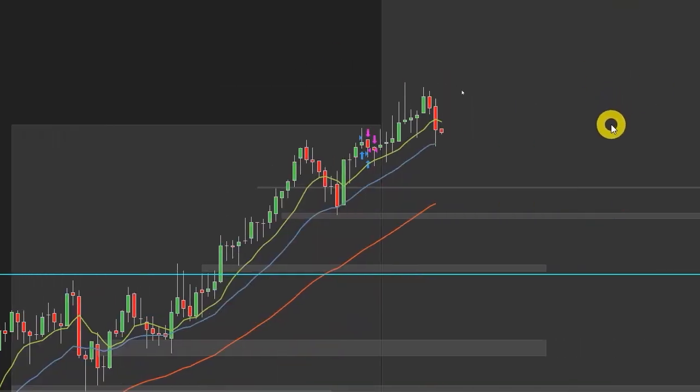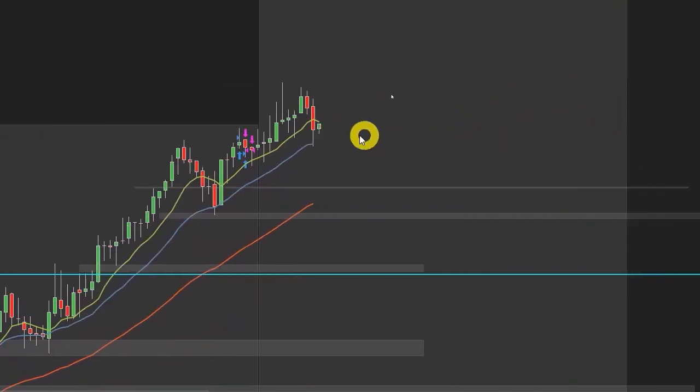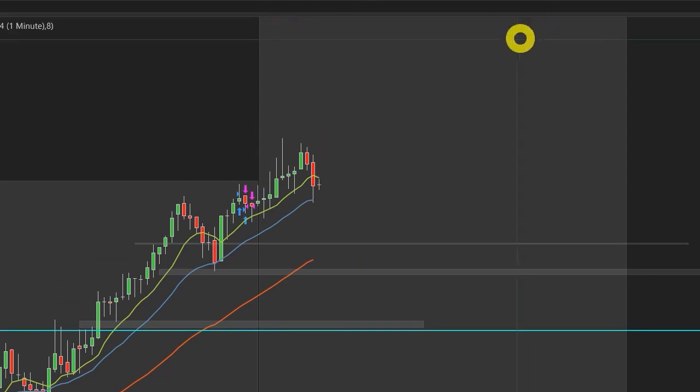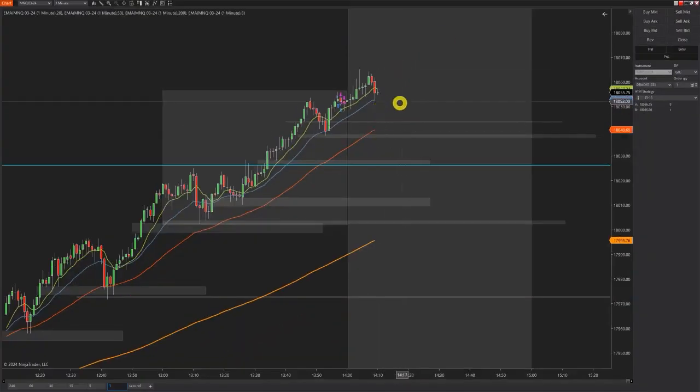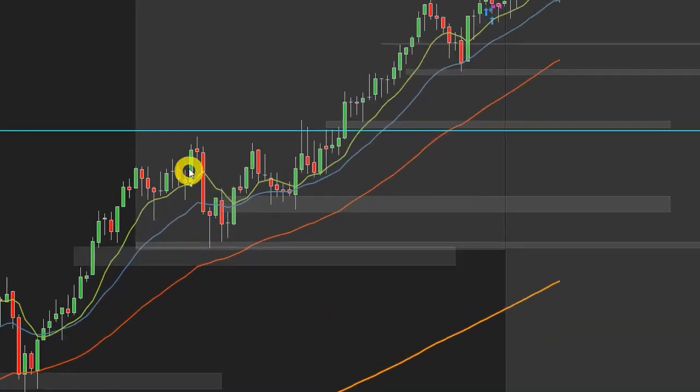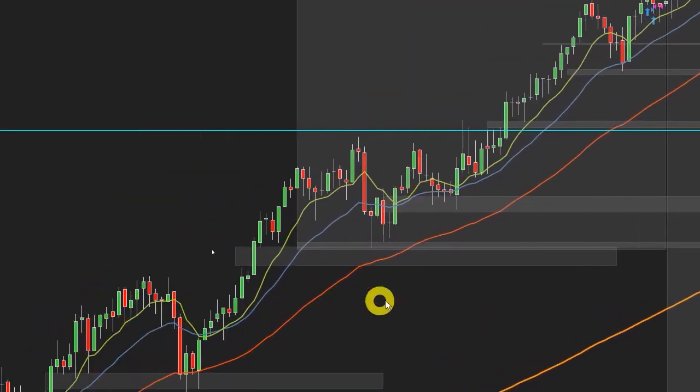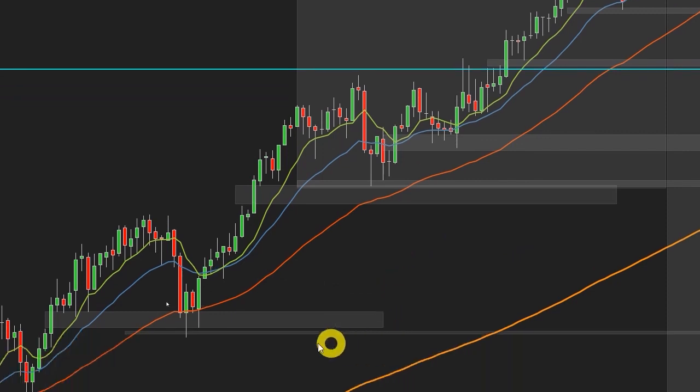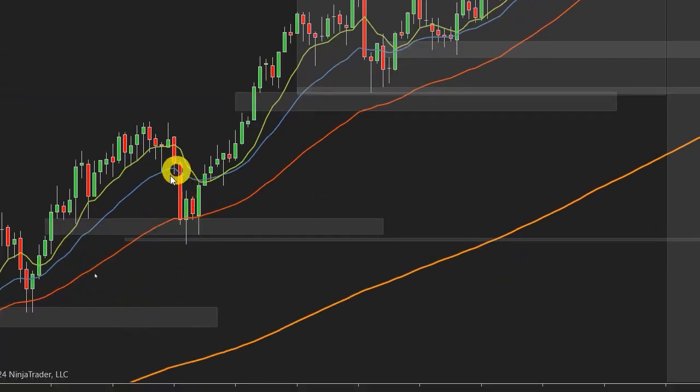But the real moment for any kind of trade like this would be right now in this block of time, 2 p.m. to 3 p.m. Eastern, New York City time. If we get this kind of displacement here at this time of day, creating a fair value gap like it was here. Here's another fair value gap that was created after displacement,